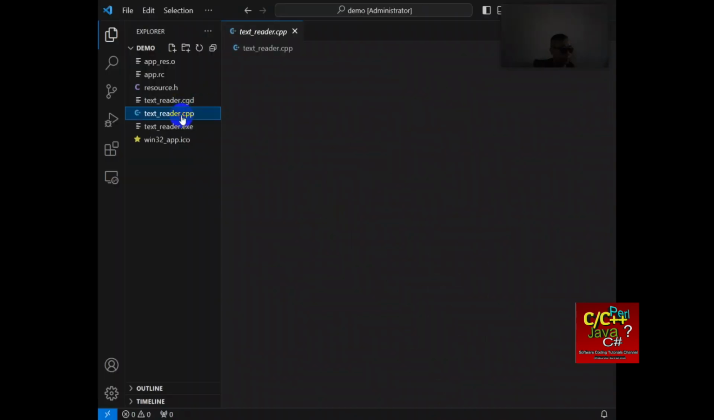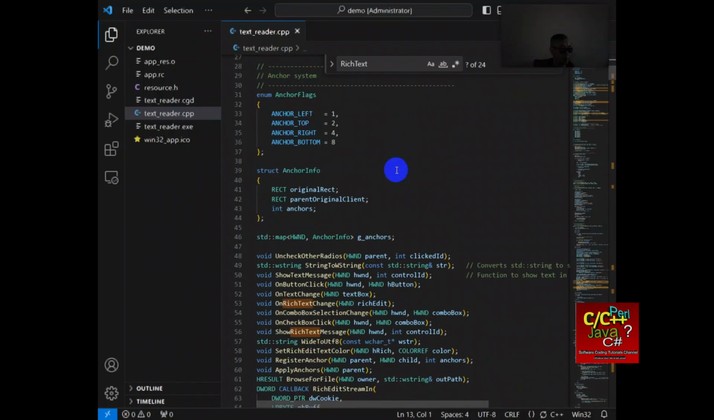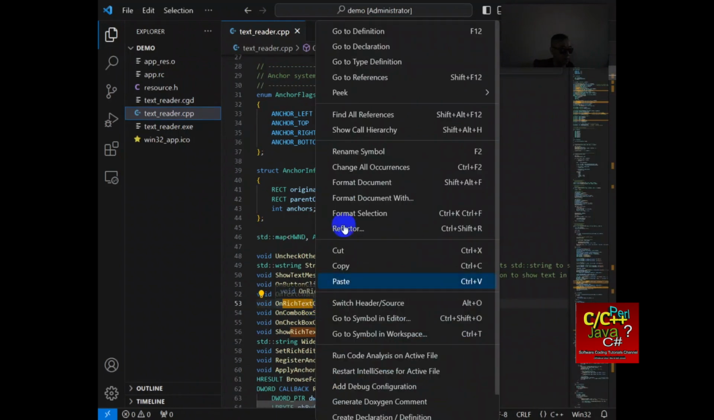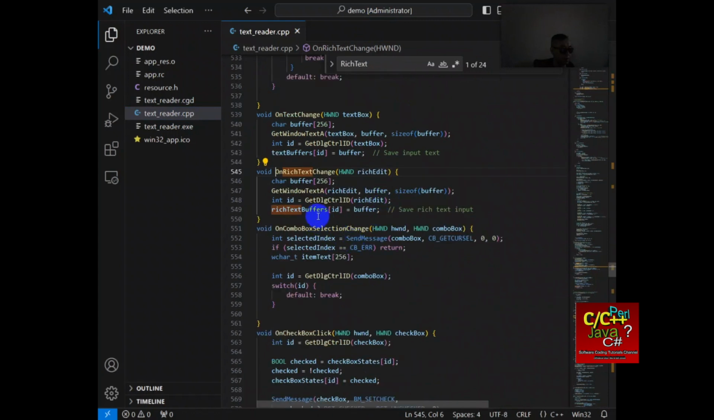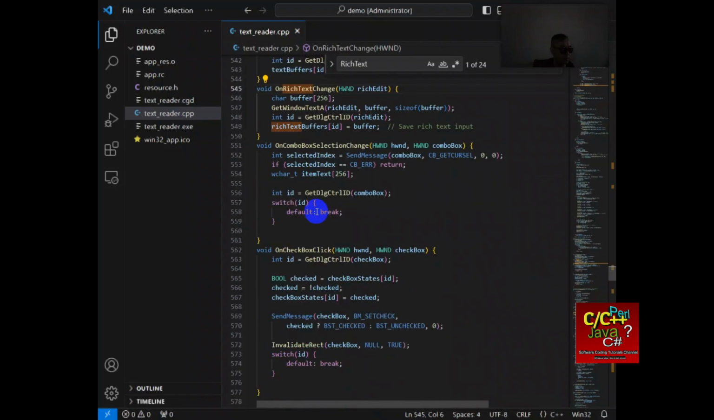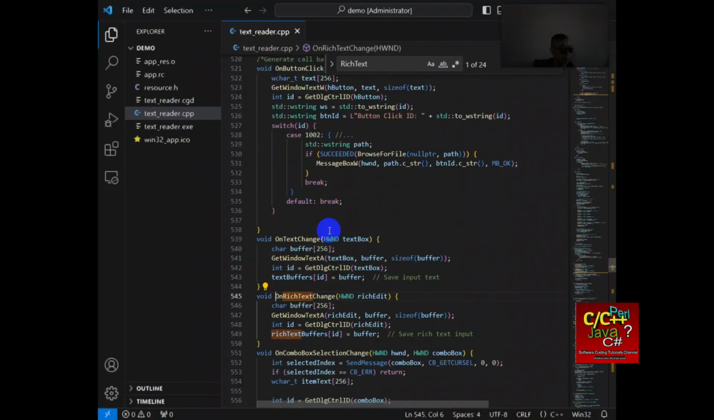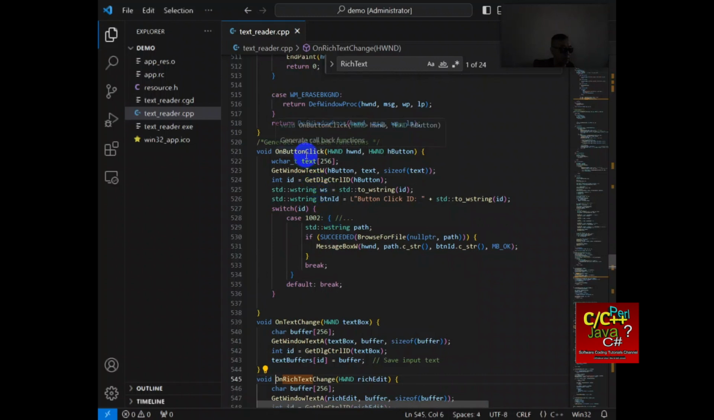and open up the textreader.cpp file and search for rich text. And go to definition, and you can see that it's writing to rich text buffer. Okay, let's go to our on button click event, and this is where when we click on the browse button, it's going to show a message box. So just comment out this line,